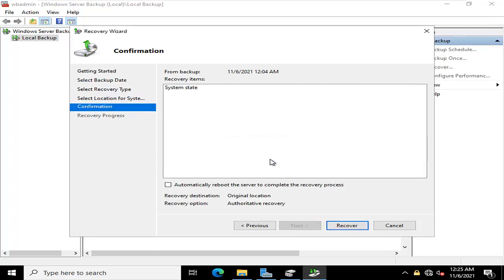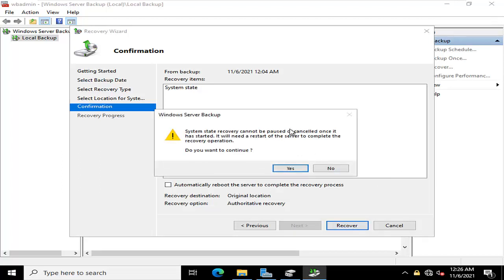I am clicking on the recovery option. Again it is showing a warning: in case you click yes, that means the system state recovery cannot be paused or cancelled once it has started.